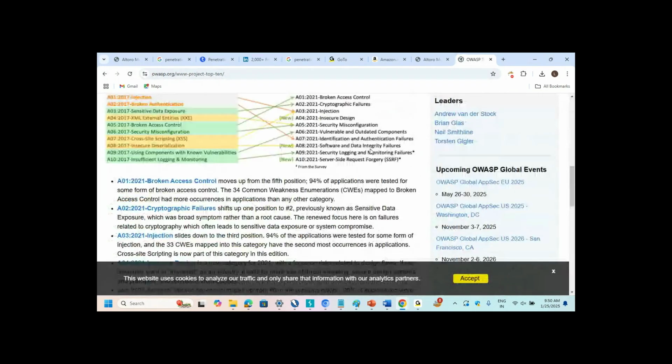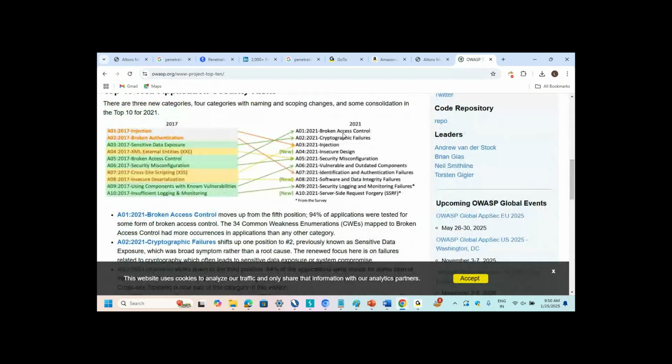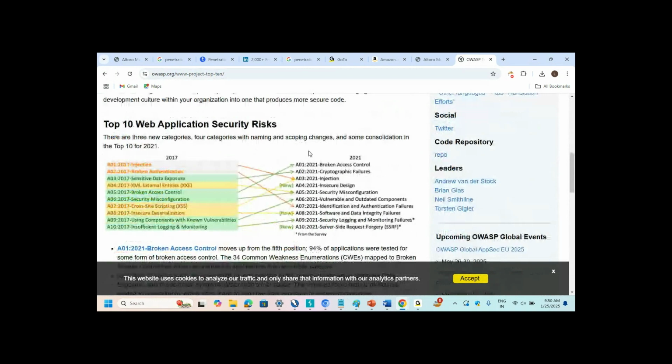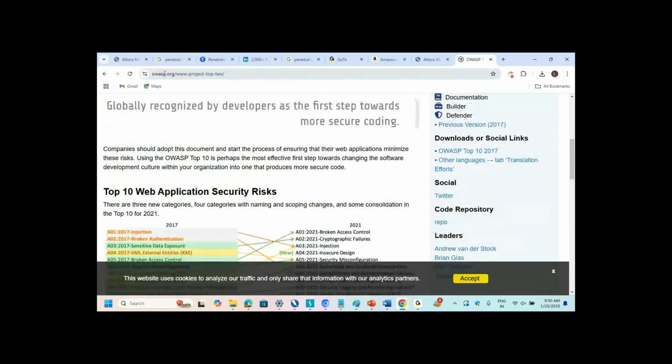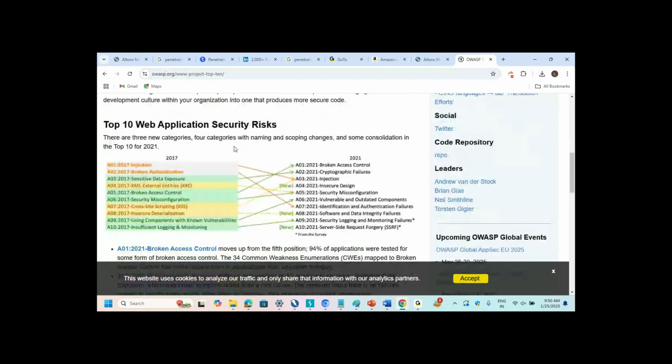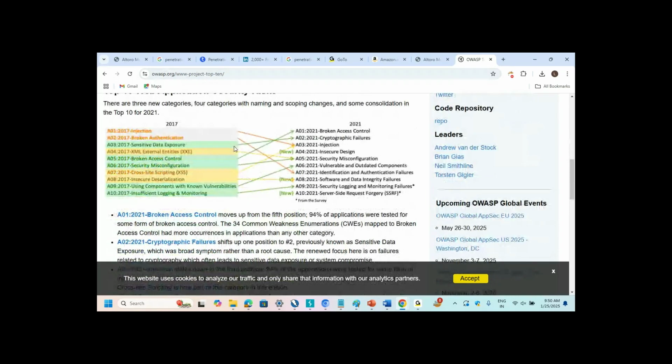Even the explanation I showed earlier comes under these particular 2021 or 2017 rules. Who declares or releases these rules? OWASP stands for Open Web Application Security Project. Top hackers, developers and security professionals have formed this organization, and every 3 to 4 years they release this top 10 attacks list